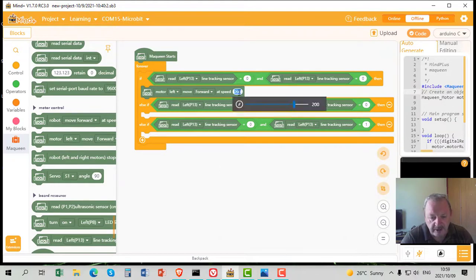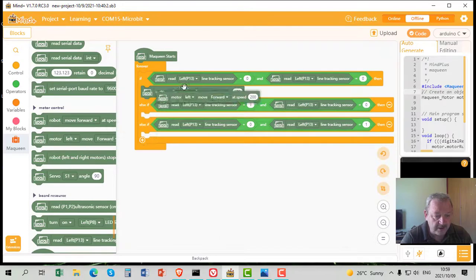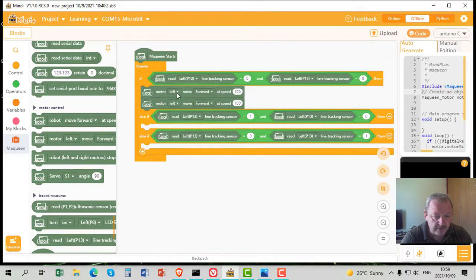I'm going to slow it down to about 100. And then let's go motor right. We just make it motor left and motor right move forward at 100. There we go. So that's the first move. They go at the same speed forward. Good. Next one, motor left,